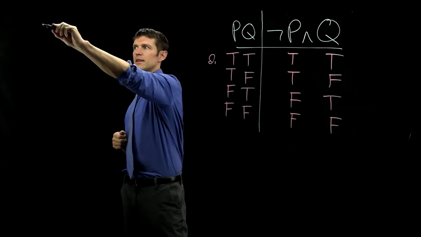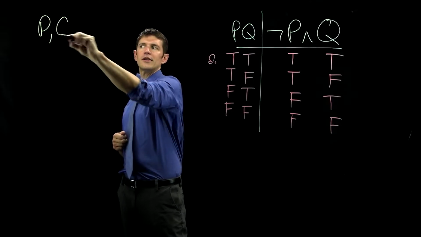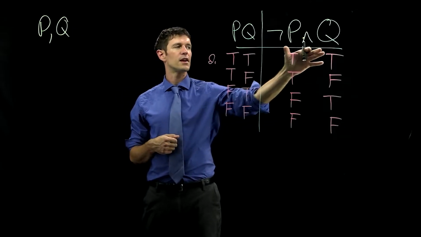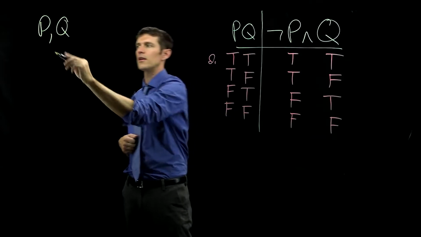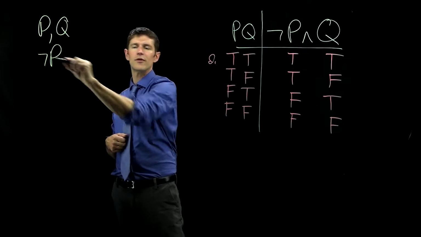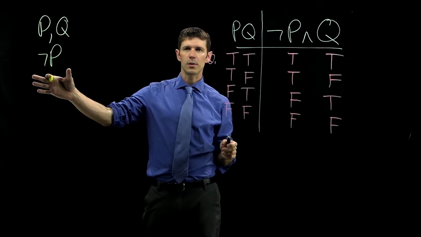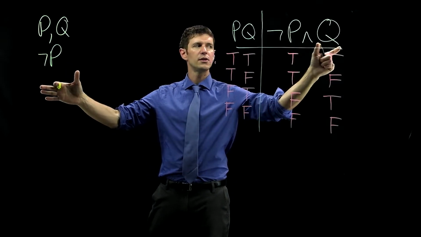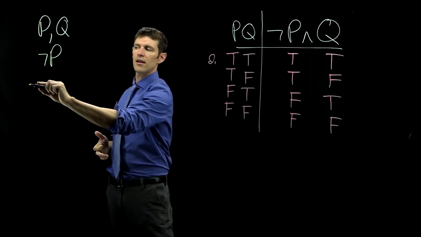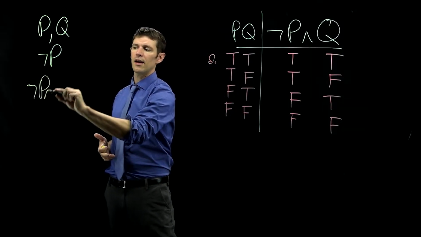Well, I would start by saying that P is a wff and Q is a wff. That would be the first thing I would do. And then I would say, well, if P is a well-formed formula, then not P is a well-formed formula. So we have not P. And then if not P is a well-formed formula and Q is a well-formed formula, then not P and Q